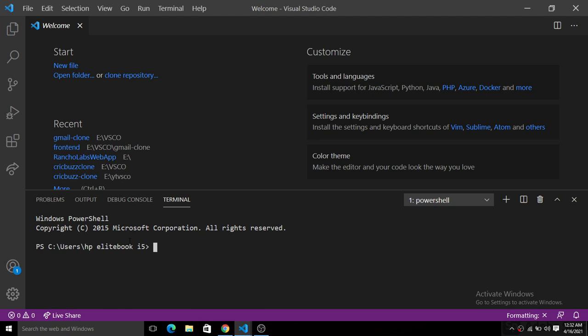I will drop the link for where to download Node in the description. You install the npm package or the node package from the website that we will drop the link to. Okay, so I'm going back to my directory first of all here.